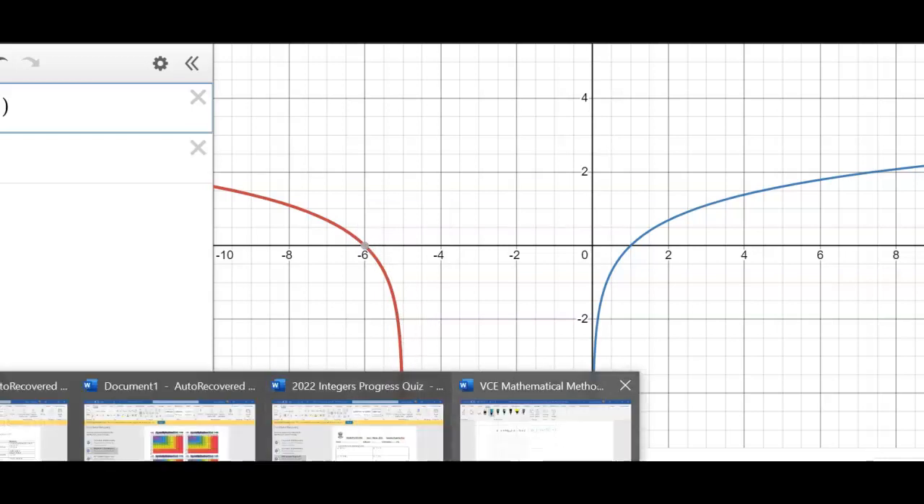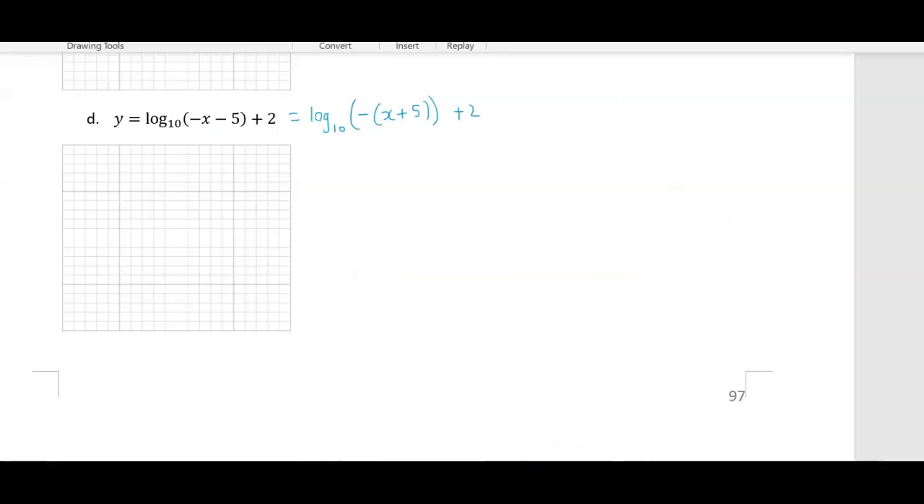So when we're sketching it, first of all, think, all right, what's happening to my asymptote? It's shifted across to 5, but my graph has been reflected. So I'm not going to have any